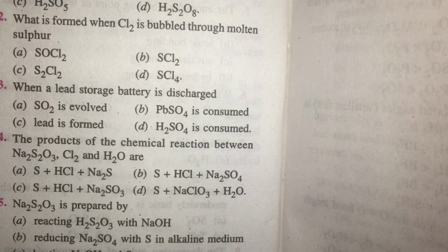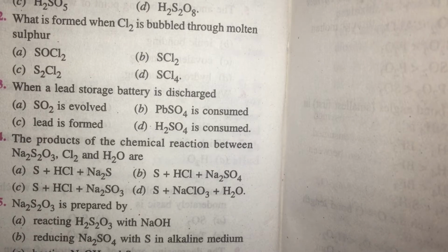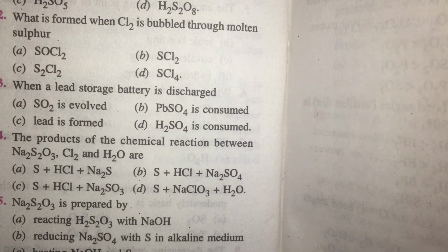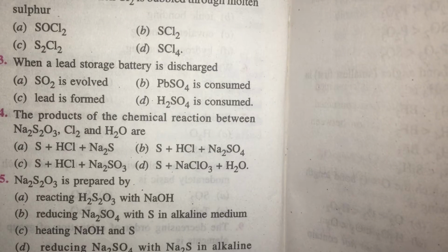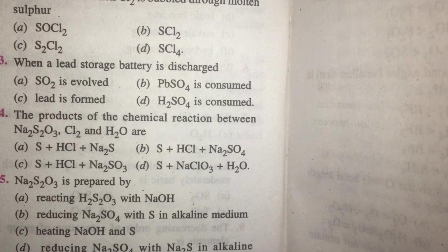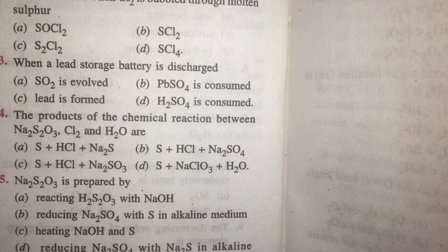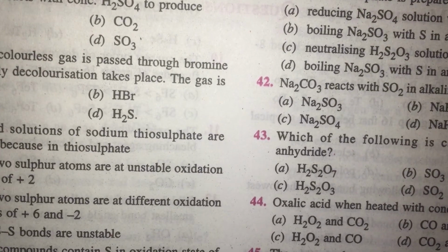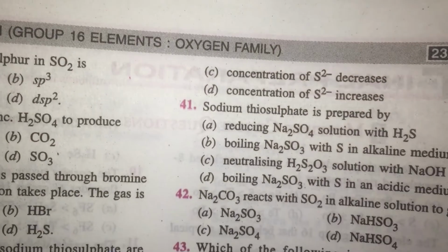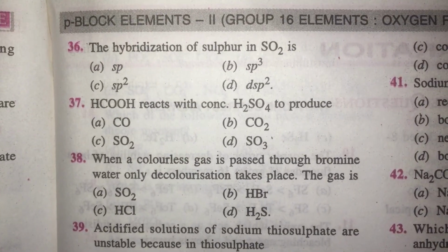Na2S2O3, otherwise known as hypo, is prepared by boiling a solution of NaOH with sulfur. Hypo is the only antidote for cyanide poisoning. Hypo was earlier used in photography; traditional photographic films can be developed and made into prints after using Na2S2O3 as a fixer. And now we are looking at the next question. The hybridization of sulfur in SO2, and not only in SO2 but also in SO3, is essentially sp2.